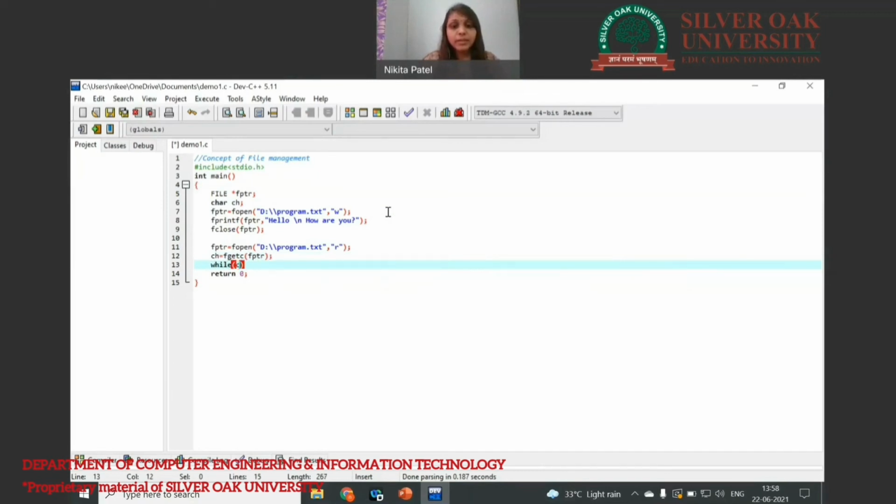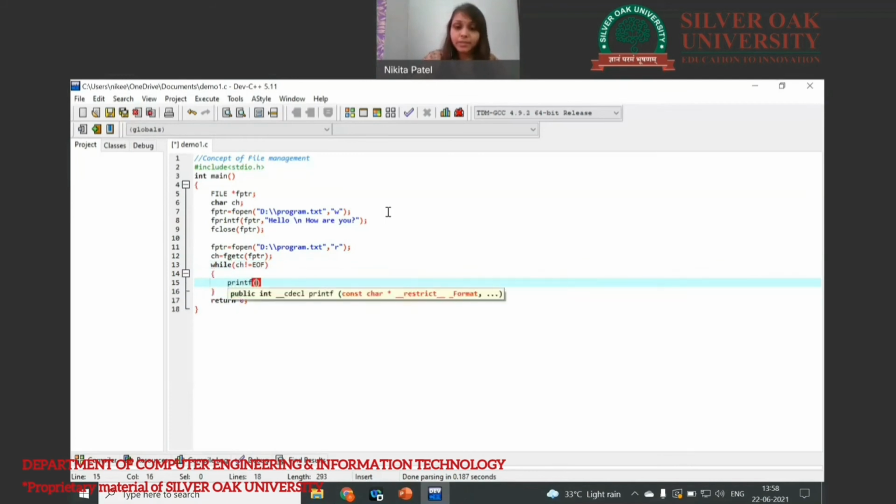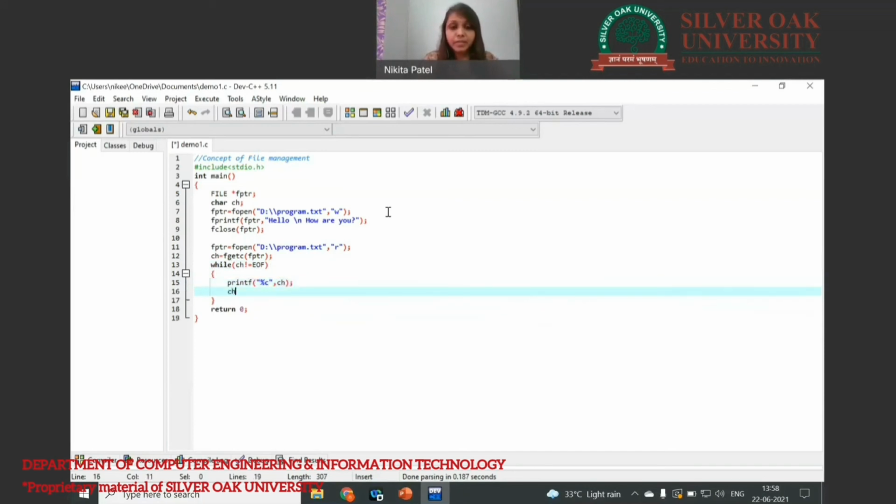So that's why keep the condition here, if ch is not equal to EOF, which is end of file, we will print the character. So printf %c, ch to the terminal, and then after again ch is equal to fgetc fptr. So the fgetc function returns characters one by one until the end of the file.